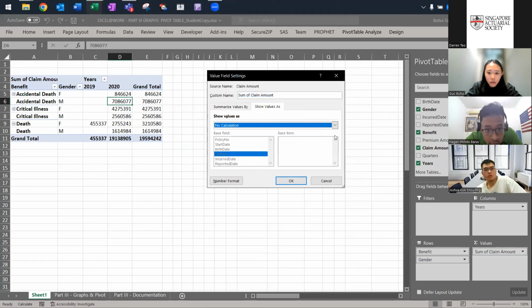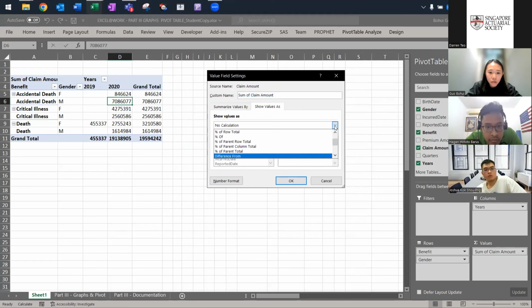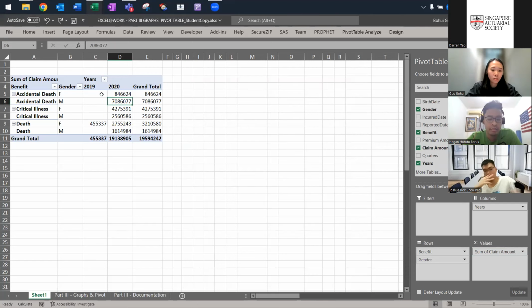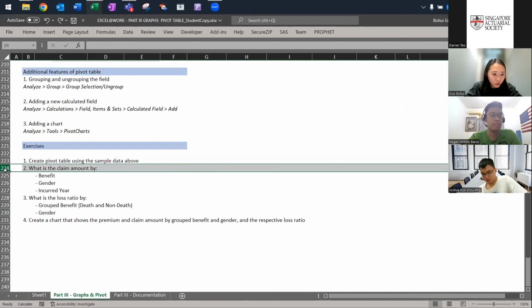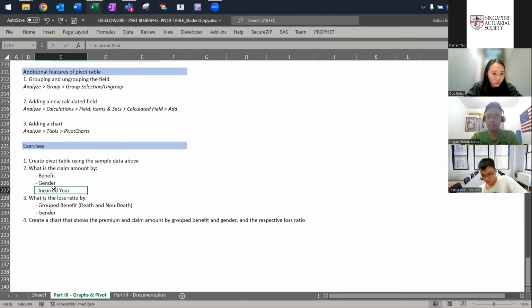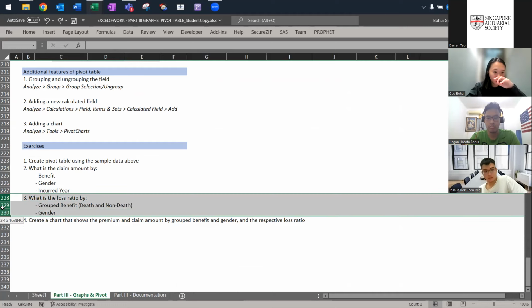Let me see what else is there. Okay, that's all for this part. Any questions? Feel free to ask. If not, I'll move on to the next question. No? Okay, then we'll move on to the third question, which is what is the loss ratio by the